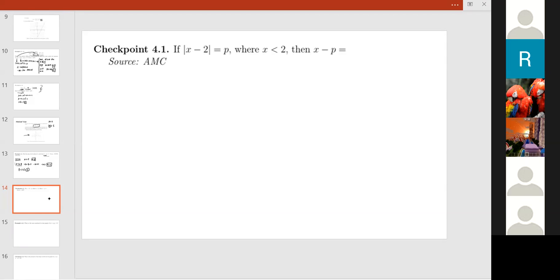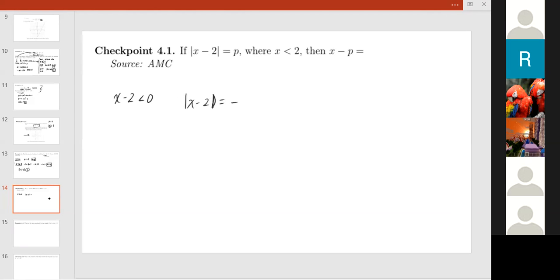Okay, so let's go over the solution now. If x is less than 2, then we have x minus 2 is less than 0. Hence, the absolute value of x minus 2 is going to be negative x plus 2. This is equal to p. So we have